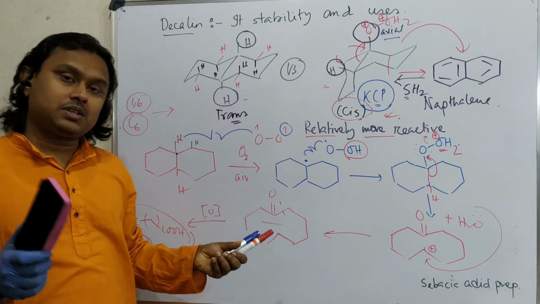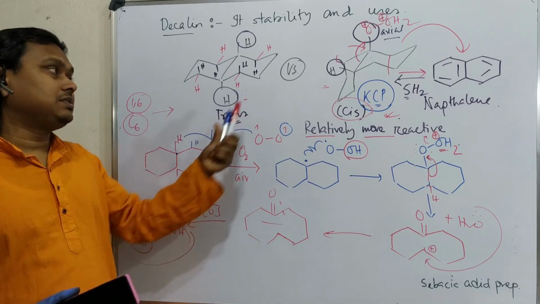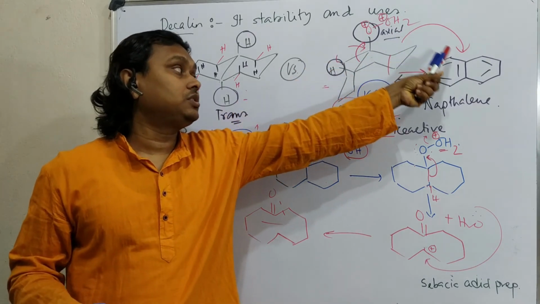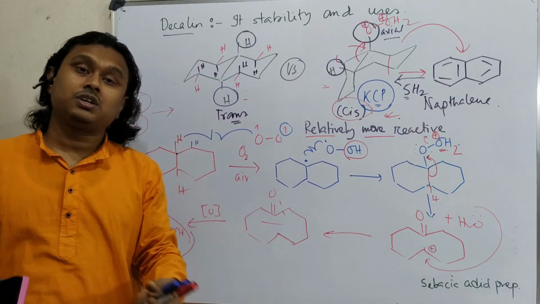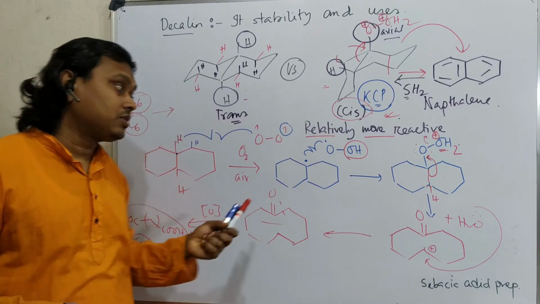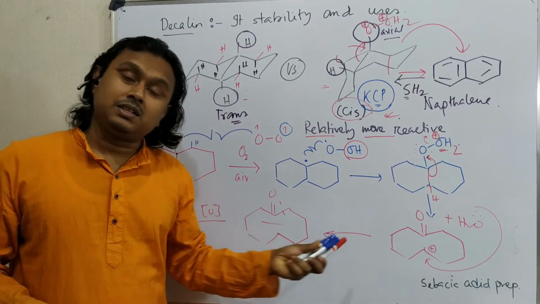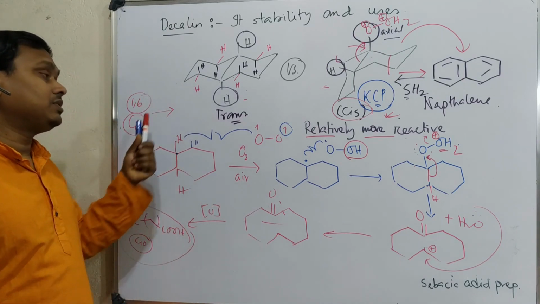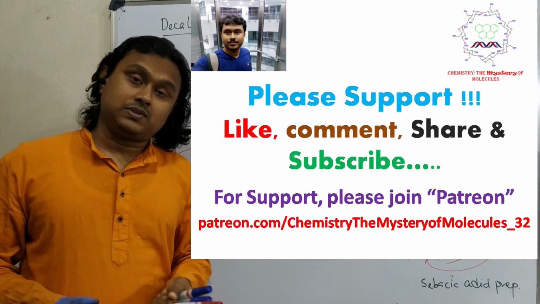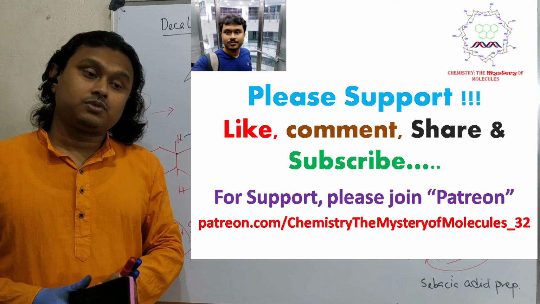And in this way, we have discussed two things. One is from here to naphthalene generation and hydrogen production, which could be used as liquid state hydrogen storage. Second is this sebacic acid, its preparation and utilization as an important polymer like nylon 6,10. So this is the overall discussion for today.